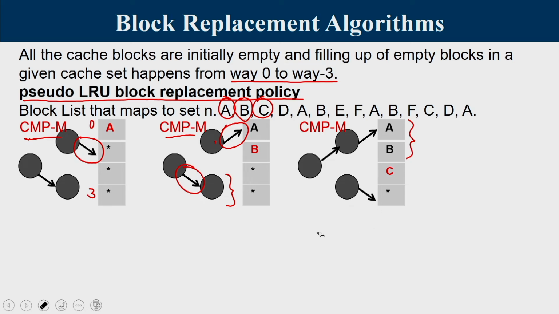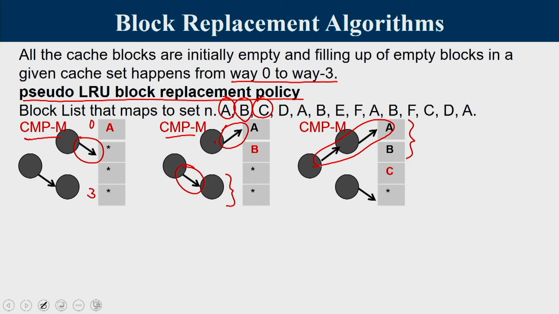To have a quick summary of what we have done till now, the root tells that the upper half is the least recently used. The upper child tells that again the upper half is the least recently used. So, if you look into this, at this point, this is the pseudo LRU block, because root tells upper, upper child also tells upper. So, A is the least recently used block as far as now is concerned.